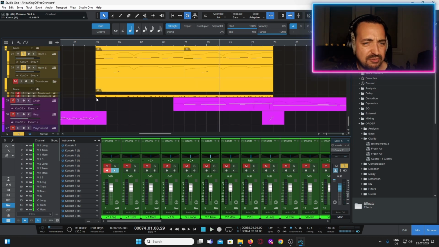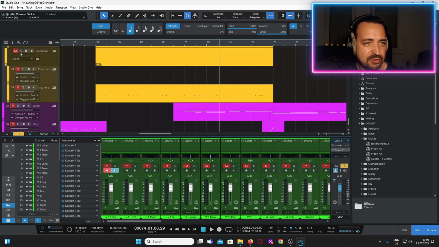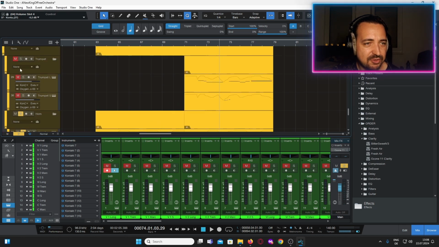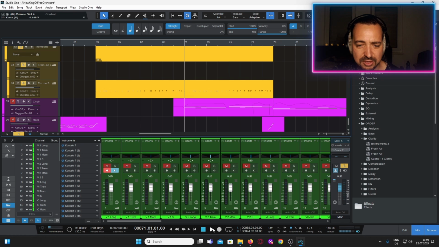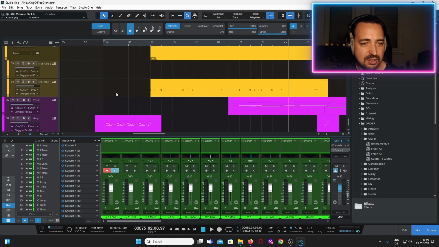And trombones, I think I only used the shorts of the trombones because I liked them to give me some rhythm underneath. So I'm using them basically rhythmically. Okay, cool. Then choir, you've already heard, and the lovely, lovely harp, you've also already heard briefly.